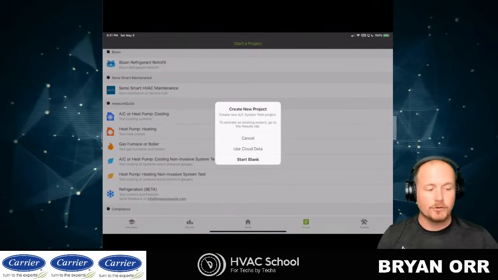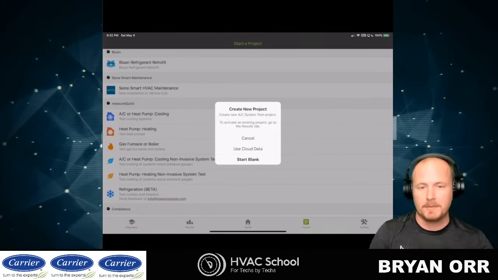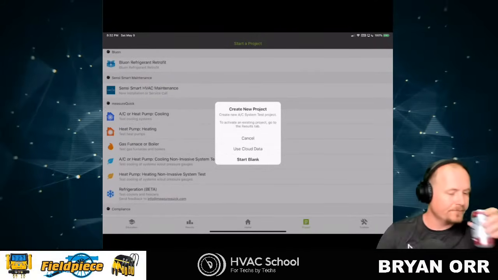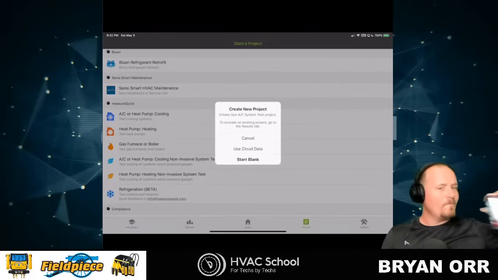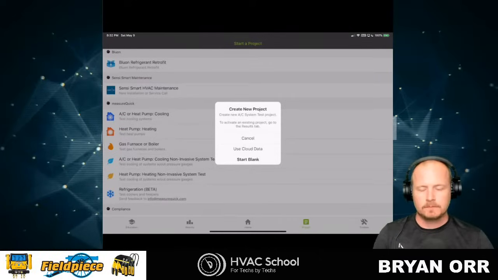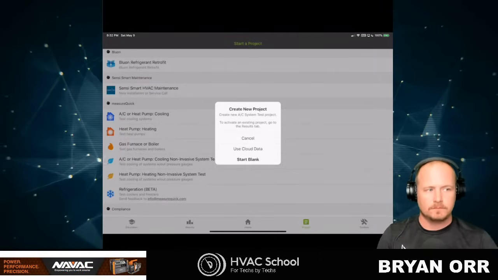I'm going to start blank. Now I can also use cloud data. This is one of the options here. So tell me about that. Why does it say use cloud data? What does that mean? If you've stored a system in the cloud before and you want to just start the project from the cloud and not have to type everything in, or if you have